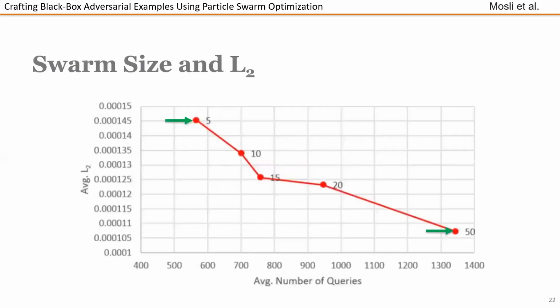One additional feature offered by AdversarialPSO is the controllable trade-off between image quality and number of queries. Considering the number of particles determines how many blocks each particle gets, more particles would mean fewer blocks, and as such, fewer changes. In other words, larger swarms mean a more granular exploration of the search space. To illustrate this feature, we reran the untargeted ImageNet experiment with differently sized swarms, and as you can see, the more particles in the swarm, the better the image, but the more queries used.